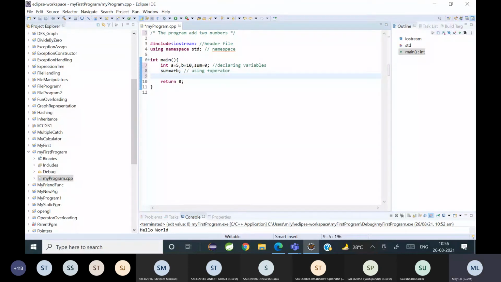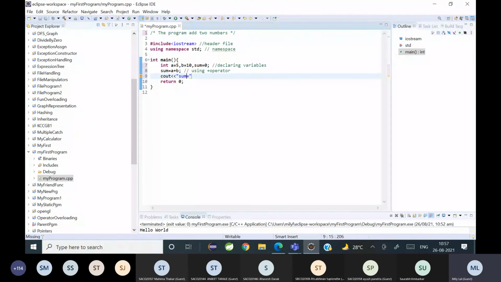Then what is the next statement? Where will the value of A plus B be stored? In sum. So what am I going to print? cout. Then I'm going to write cout and I'm going to write sum equal to.